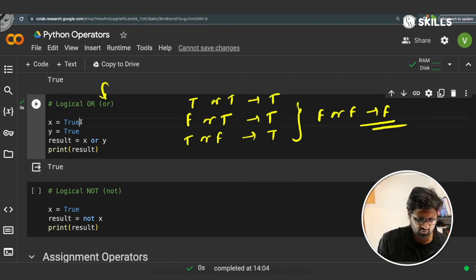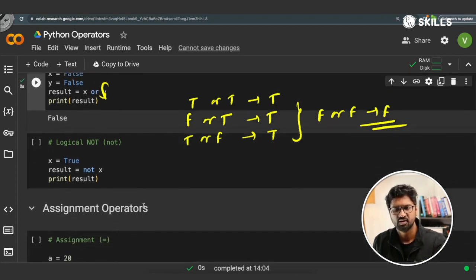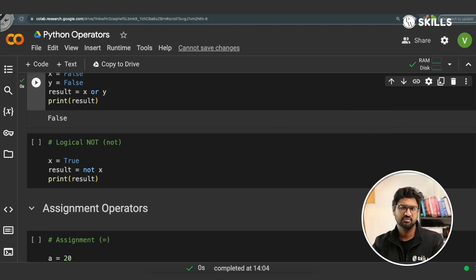So if I make this as false and I make this also as false and I run this, then the value will be false, sir. Awesome. Very good. Now not logical operator.